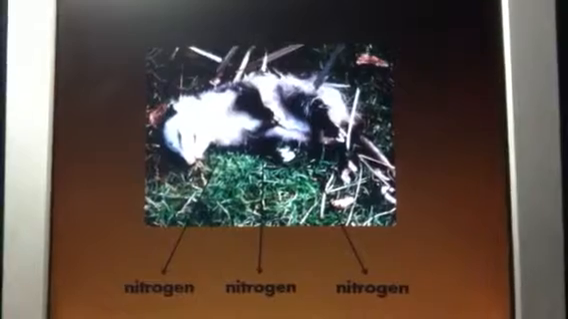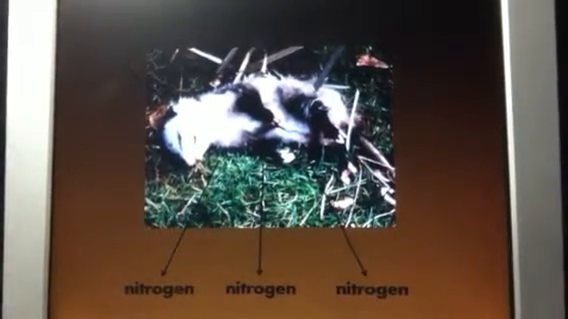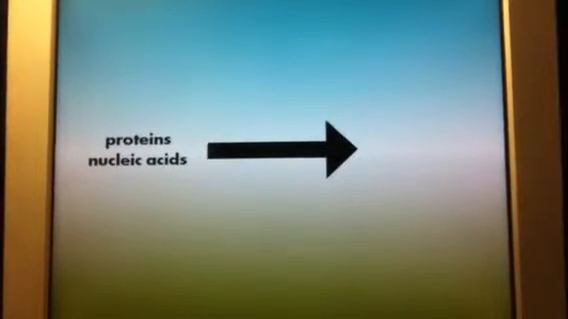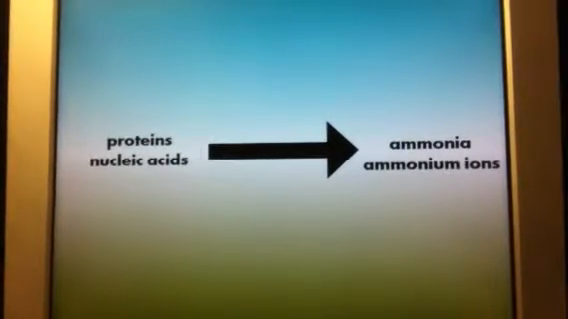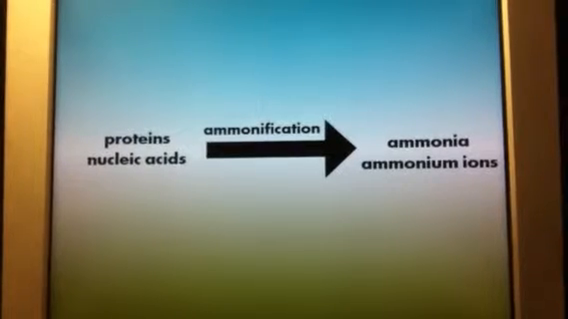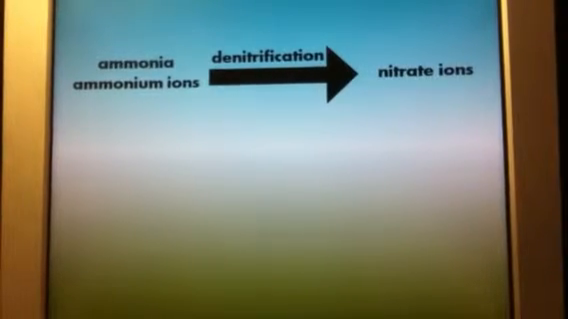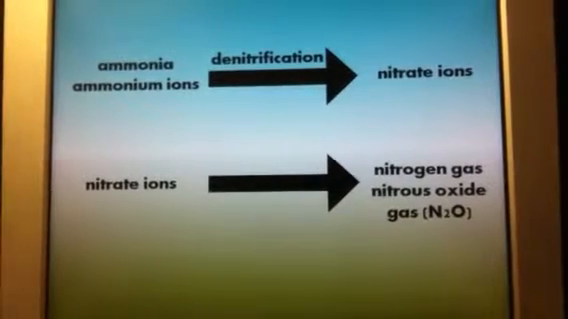When nitrogen is returned to the environment by plants and animals, certain decomposer bacteria convert the nitrogen found in proteins and nucleic acids of the organisms back into ammonia and ammonium ions through a process known as ammonification. In the soil at the bottom of bodies of water, certain bacteria perform a process known as denitrification, which transforms ammonia and ammonium ions back into nitrate ions and then into nitrogen gas and nitrous oxide gas, which are released